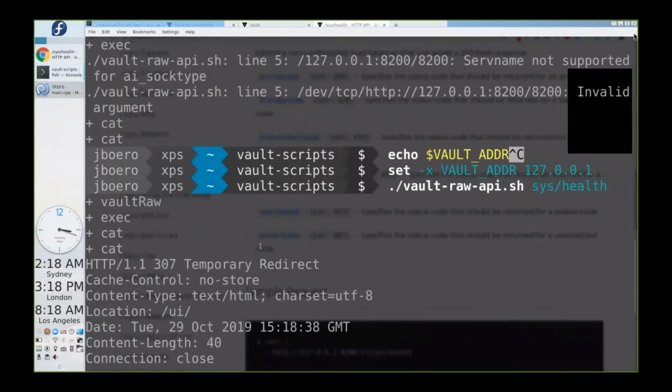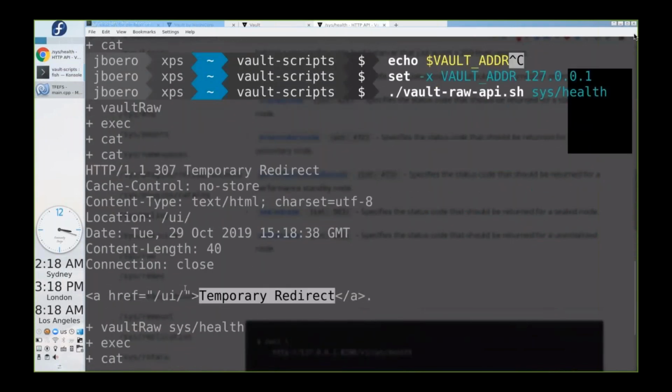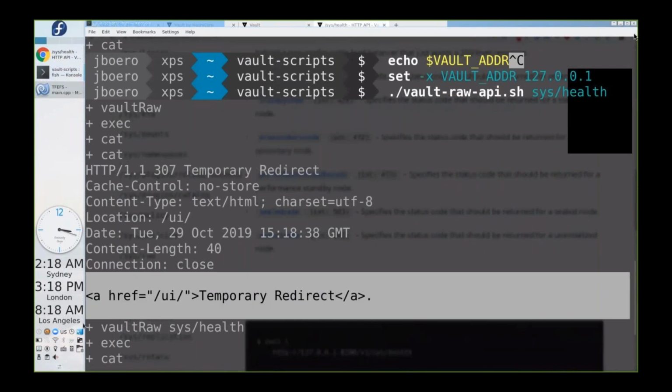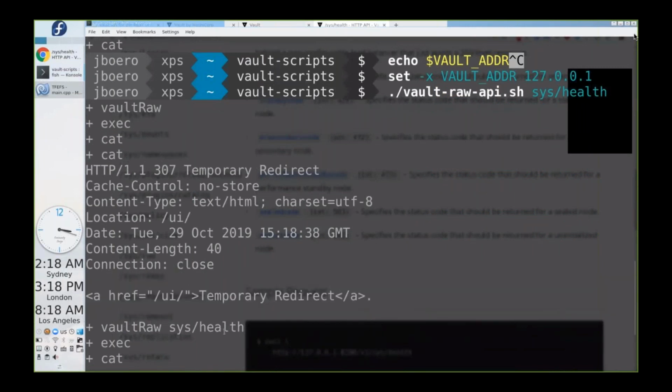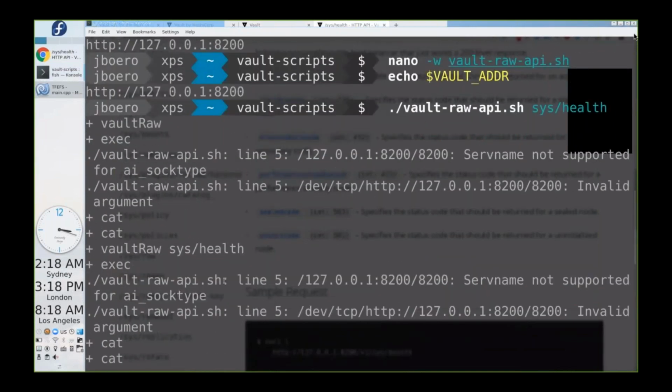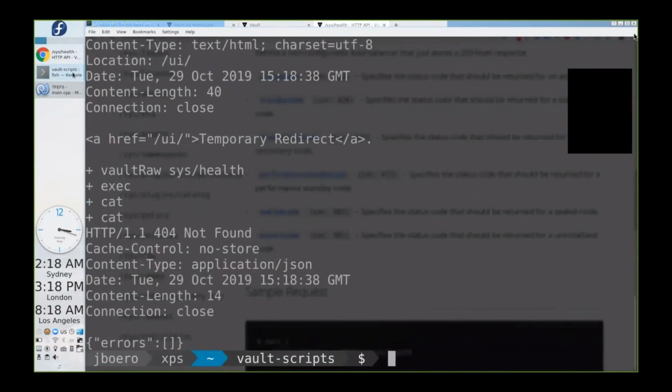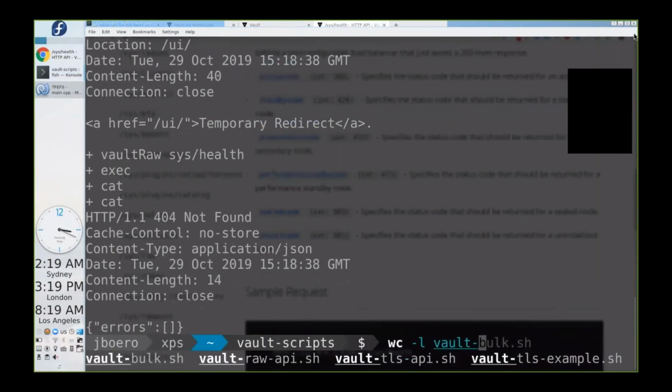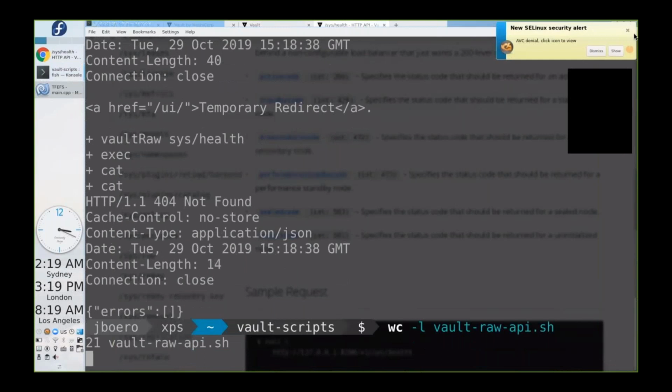You see this is a temporary redirect in the UI. This is the response that any web browser would get, or curl as well. And it should be filling in the actual response. So I can script that. In fact, vault raw is 21 lines of bash. And in fact, vault